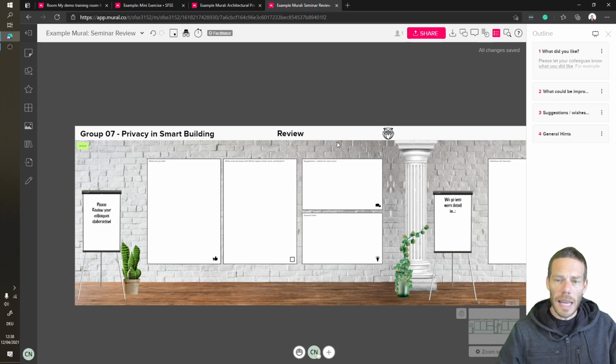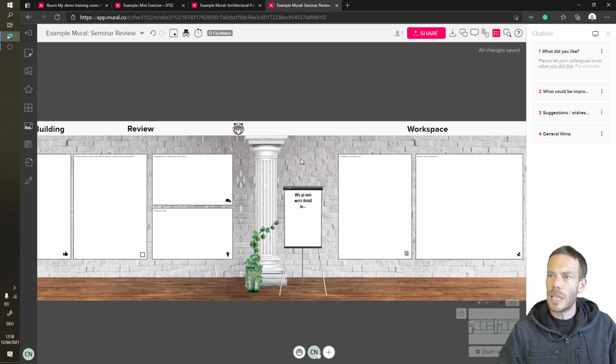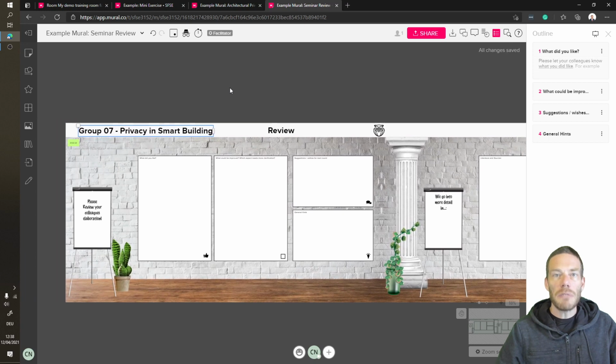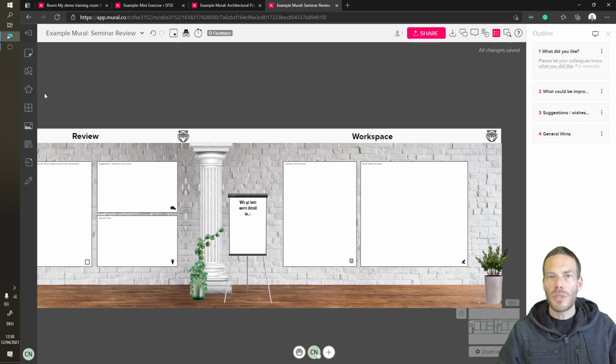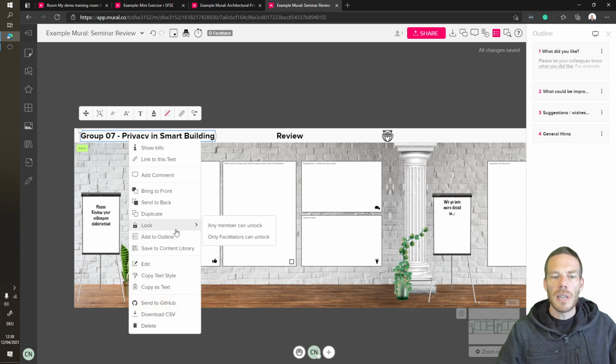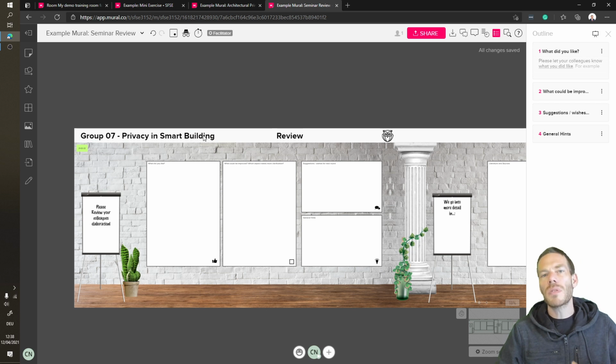It's basically like this, and you see this is a little bit more elaborated. What you see here is that we have a left side and a right side, which reflects the structure of the seminar organization. So for every group, we create one mural. For example, one group has the topic privacy in smart buildings. So their job is to analyze what privacy means, what the risks are, how to improve, and so on. And so they create the video for the elaborations, and then some other groups watch the videos, and